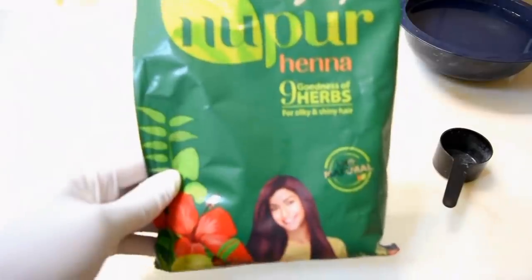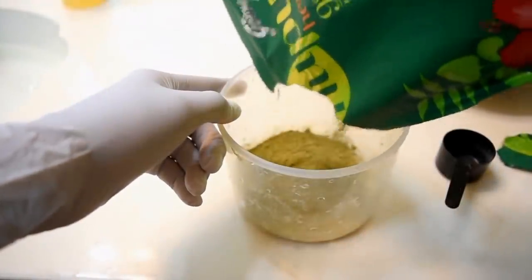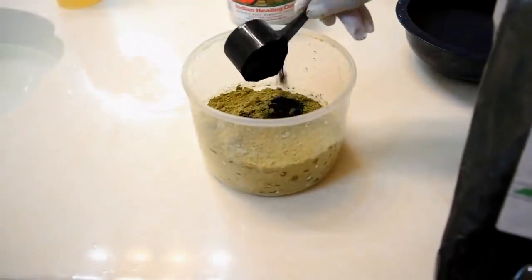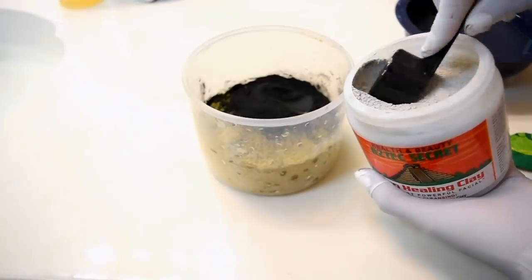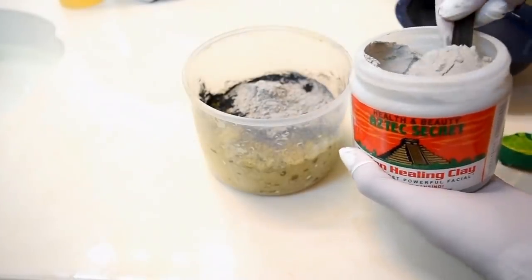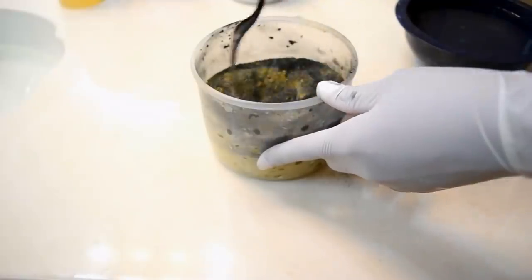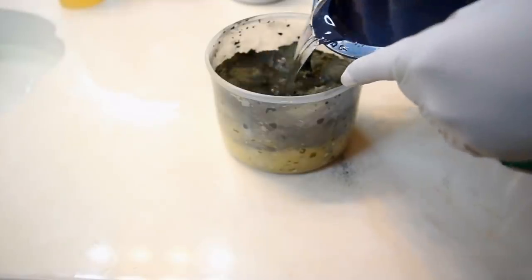A month before my Chebe treatment, I actually did a henna treatment, and I'm used to henna treatments. I try to do them every once in a while because they're really good for your hair. And I also added some charcoal because I was trying to get rid of it, and some bentonite clay to my henna treatment because henna by itself really dries me out, so I try to add other stuff to make